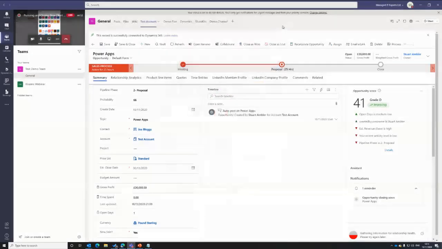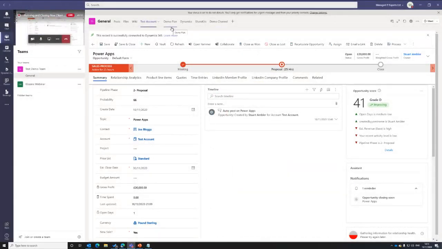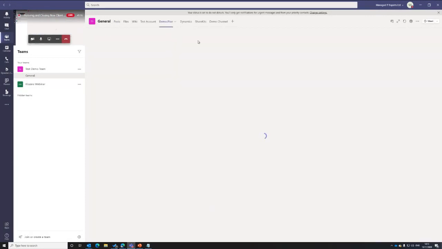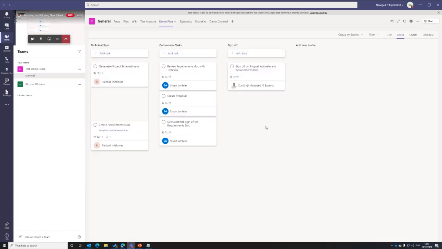Okay. What I'll also do in creation of this team is I'll create a demo plan. A plan through Planner. I just called it demo plan because it's a demo. But I'll create a plan with tasks for people who essentially are involved. So we've got here Richard, he's got tasks. He needs to create the requirements document and post that, which he's done. So Richard can then tick that off. And then that will show that it's completed, and I can see all the completed tasks that he's done.